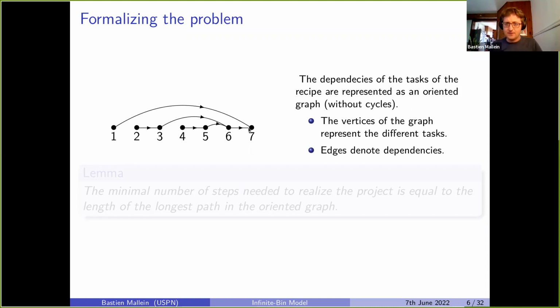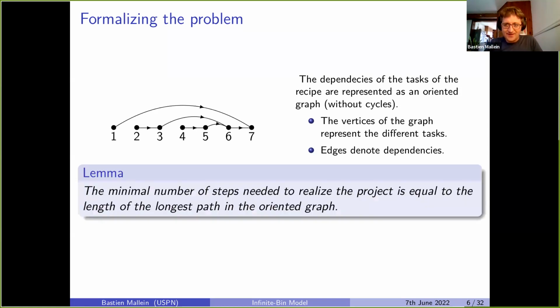And the idea here is that my graph has to be without cycles, because otherwise, if you have a cycle, then you cannot do it. It's basically an administrative task, right? You have to get your healthcare, but to get your healthcare, you have to have an address, and to get an address, you have to ask the bank, which asks you for healthcare. So then you cannot do it. So a complex recipe will have no cycles if the task is doable, and you can represent all the dependencies by oriented edges.